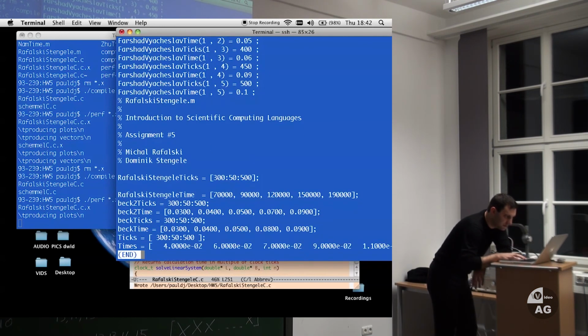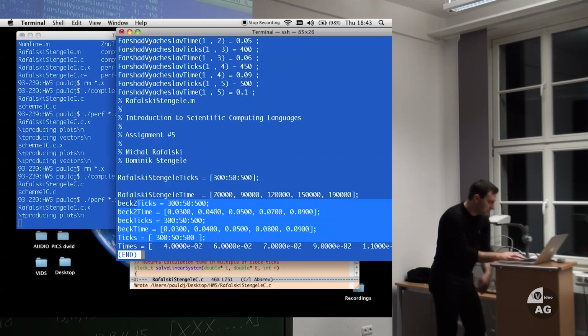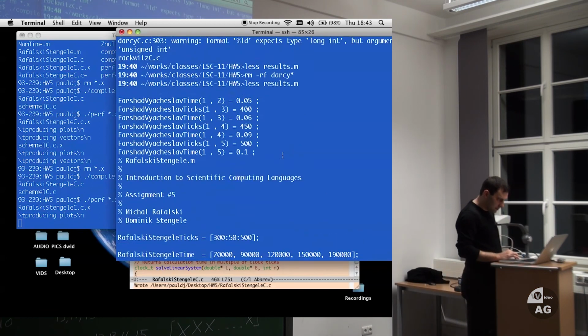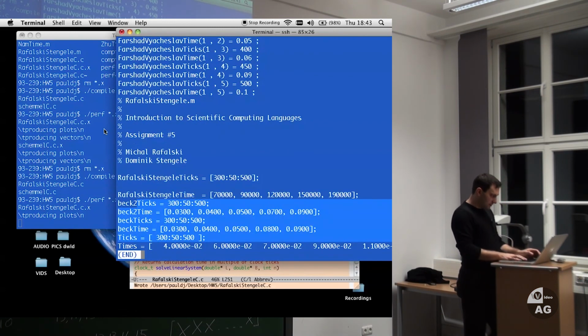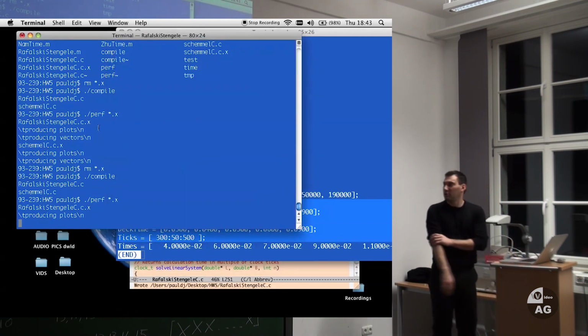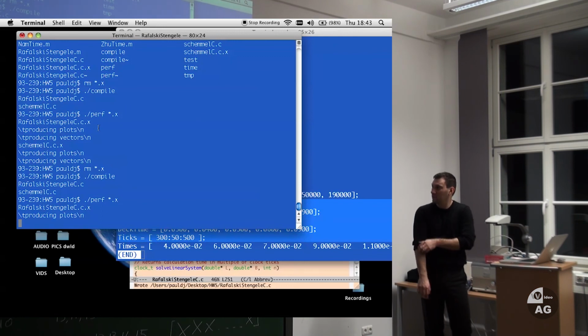Anyone else? 0.0. Okay, this is 10 times faster. And this is... so I think this is still faster, right? Look. This is 0.40. Yeah, so Bax here is the winner. So on the old laptop, we have a winner.